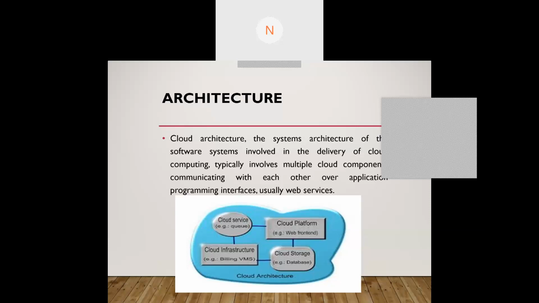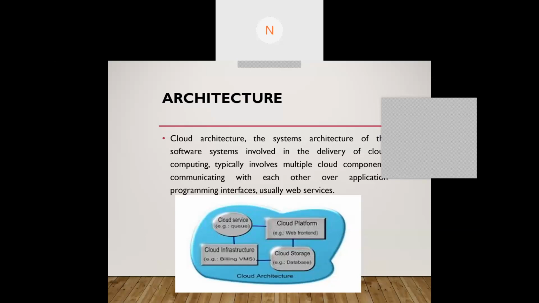So you have a cloud service provider and you have a platform where we can host or use it. And we have the infrastructure and we have the storage system. The storage system is like a rack where you store everything. You can imagine a bookshelf library where you have the books stored.